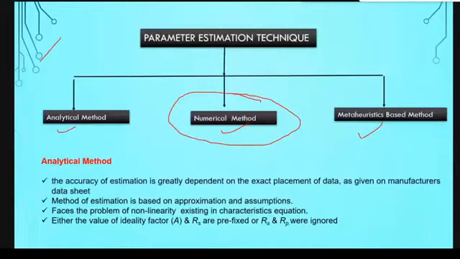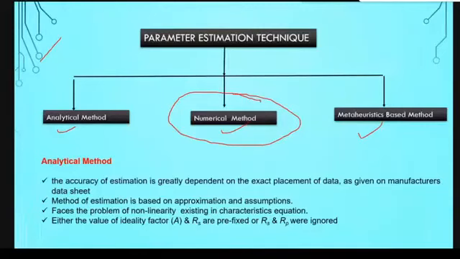The third category is the meta-heuristic based method, in which there are the genetic algorithm, particle swarm optimization (PSO), simulated annealing, and the ant colony method. There are a number of methods available in the meta-heuristic based method. But again, the problem is